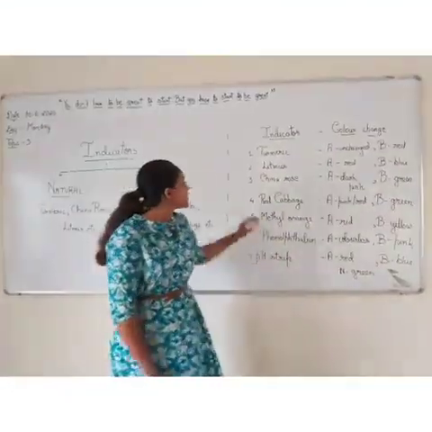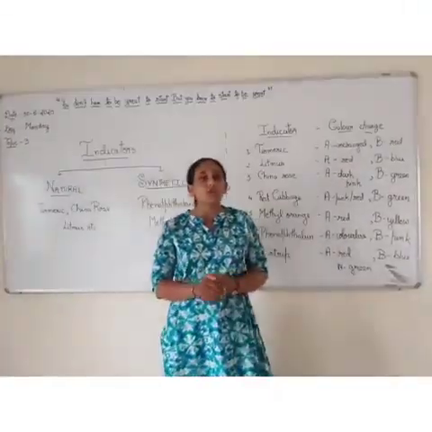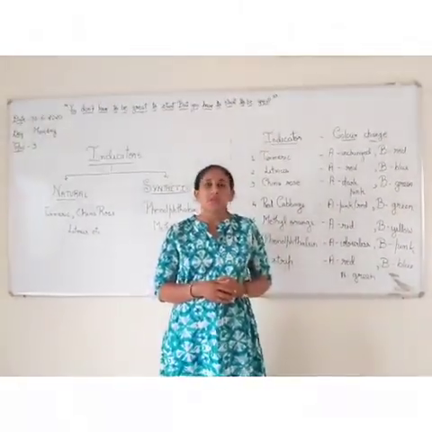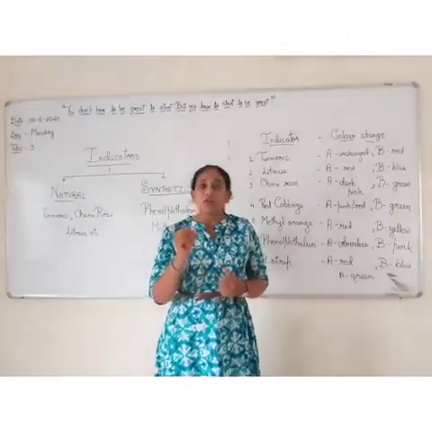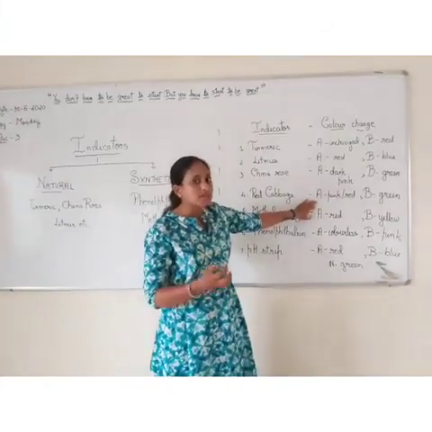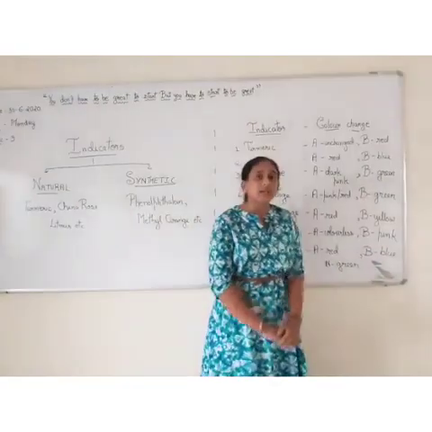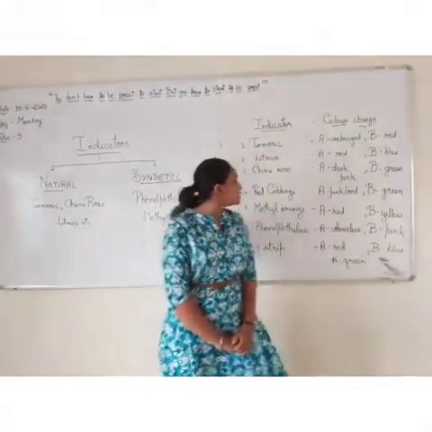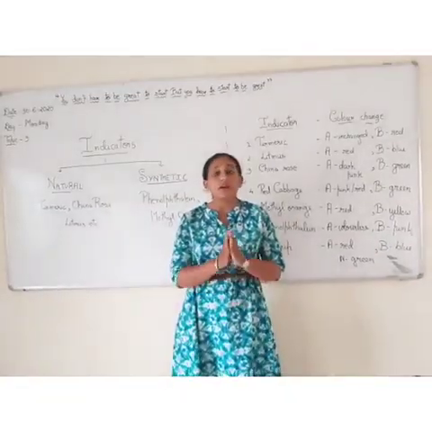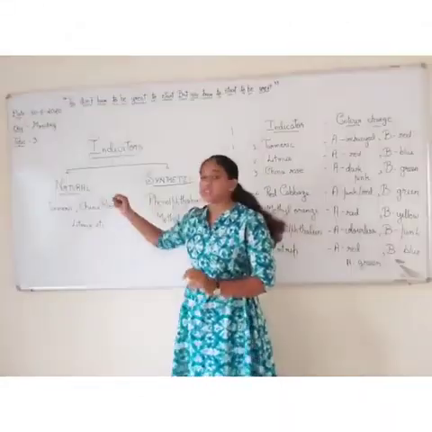Same way, if you take red cabbage, now for making a red cabbage solution, you need to take crushed red cabbage. You need to boil it in water. You will get a paste kind of a thing. Now when that is applied over an acid, or if you take the filtrate of it in acid, it would turn pink or red. But when a base is there, it turns green. So here you can understand the color changes and you would be able to identify whether the solution is an acid or a base with the help of the natural indicators.